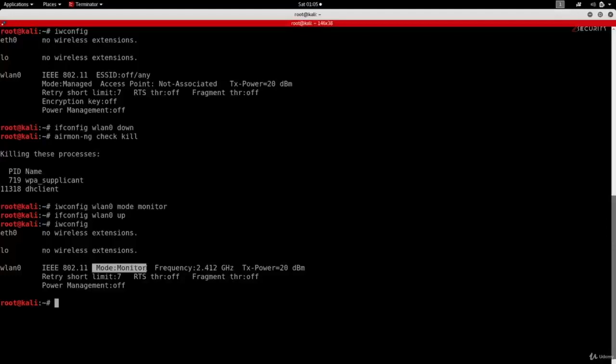One more thing to keep in mind, not all wireless adapters support monitor mode. So for this to work, you need to make sure that your actual adapter supports monitor mode. There are a number of adapters that support that, and I've included another video, again in the resources, of me talking about wireless adapters, how to pick the best one, and which ones I recommend and use when I'm testing the security of networks.